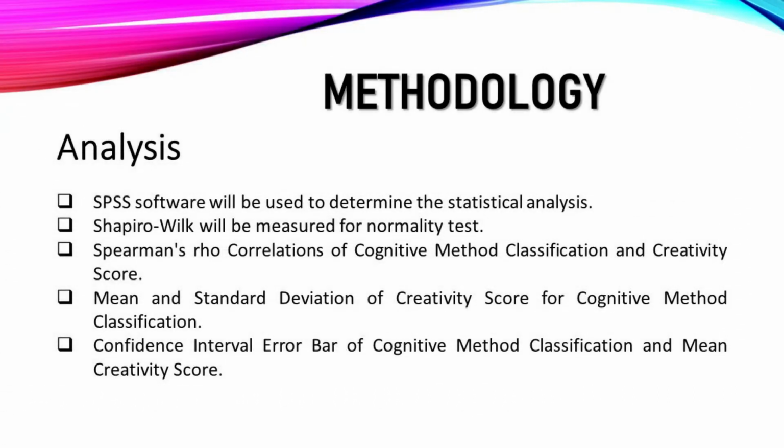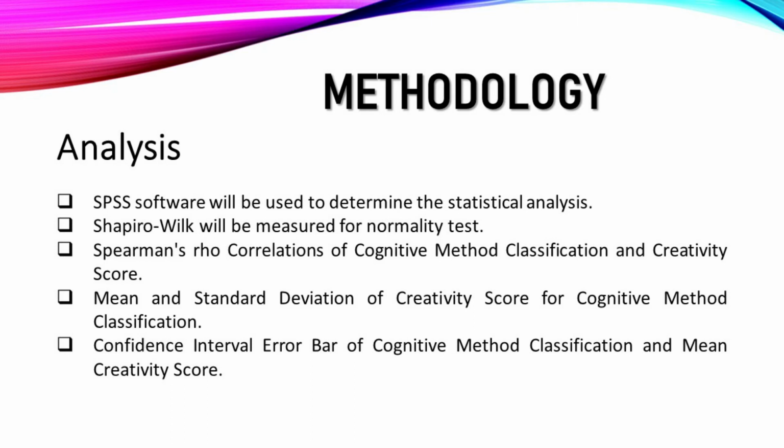Finally, here comes the analysis. For this research, I use SPSS software to determine the statistical analysis. The Shapiro test will be used for the normality test because the number of subjects is less than 2000. Spearman's rho correlation is used to test the correlation between cognitive method classification and creativity score due to non-normality of